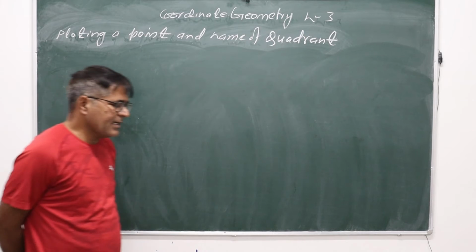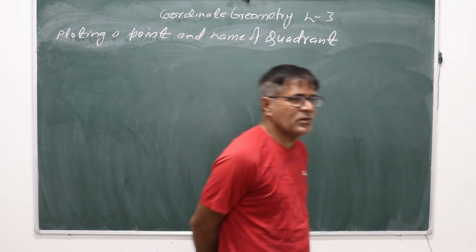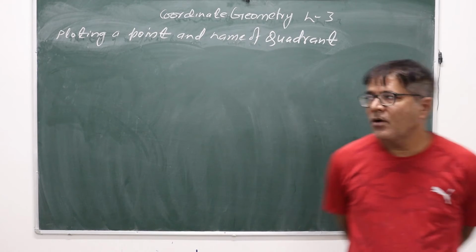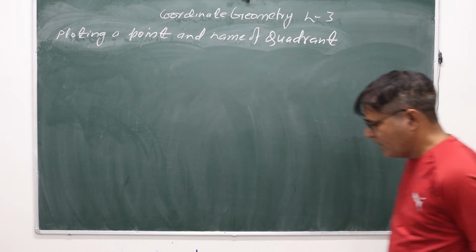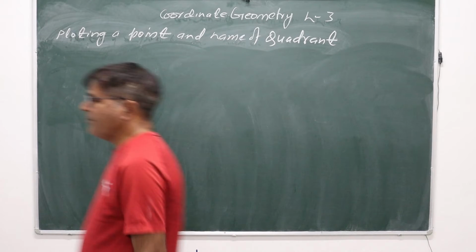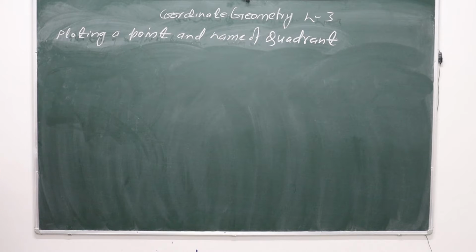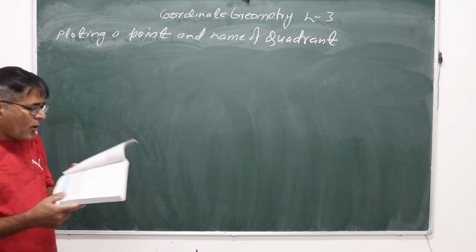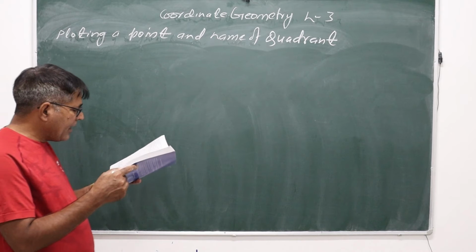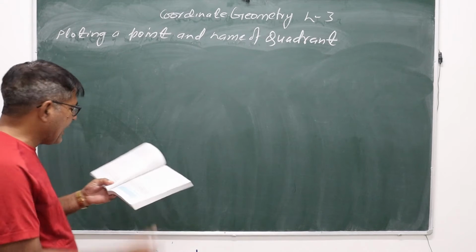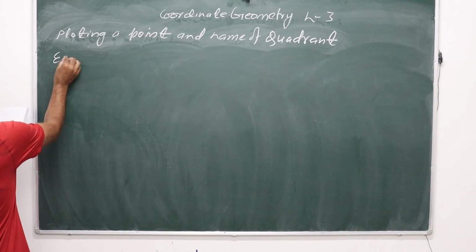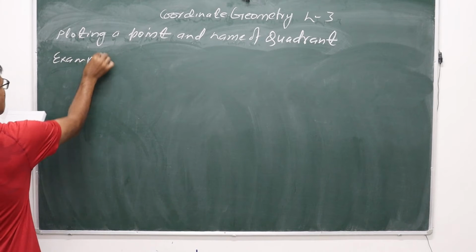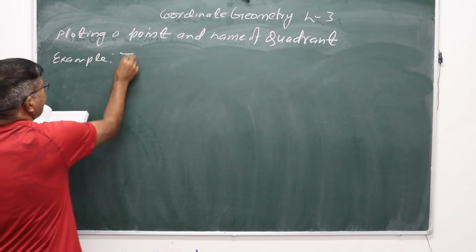Today we will discuss how we will plot a given point on the graph paper and the name of the quadrant. So let us consider one example. The example is: locate the following points on graph paper in the Cartesian plane and write the name of the quadrant. So the points are